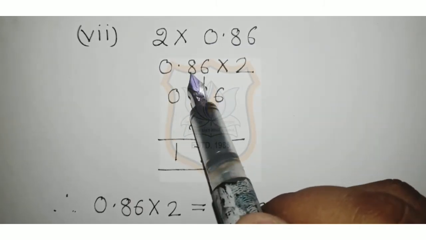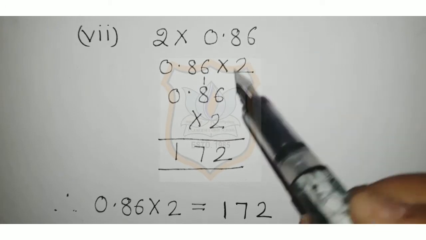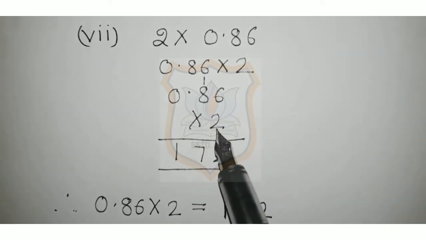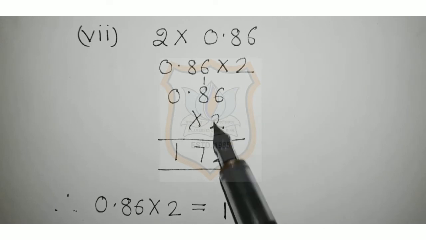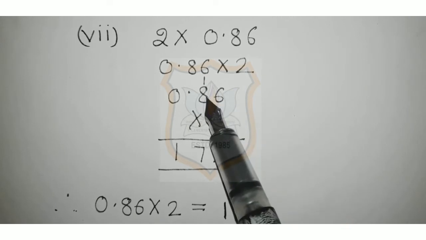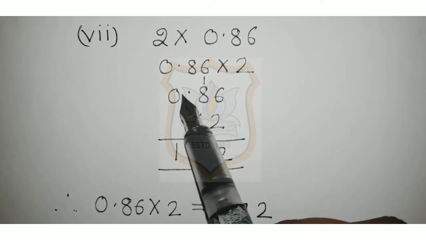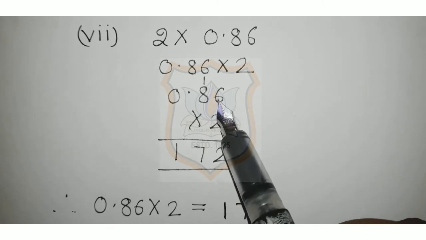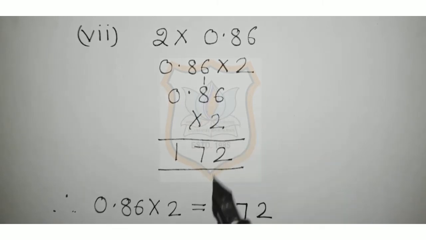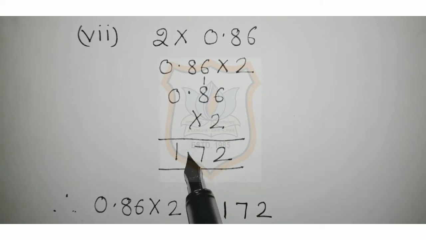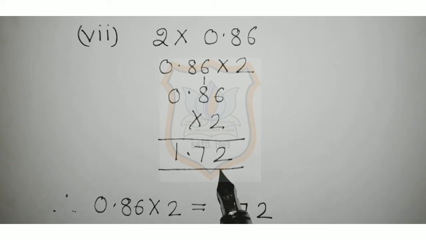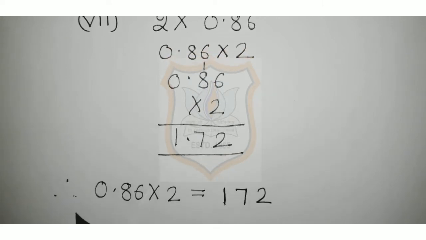Now we will solve seventh part of question number 1 exercise 2.6, that is 2 into 0.86, or we can multiply 0.86 into 2, that is the same. So 0.86 multiplied by 2, 2 6s are 12, 2 carry forward 1, 2 8s are 16, 16 plus 1 that is equal to 17. Now in 0.86 decimal is after 2 digits, 6 and 8. So in answer it will come after 2 digits starting from the ones place. Ones, tens here. It will come over here after 2 digits. So we can say that 0.86 multiplied by 2 is equal to 1.72.